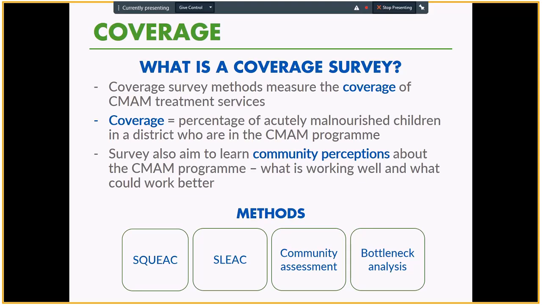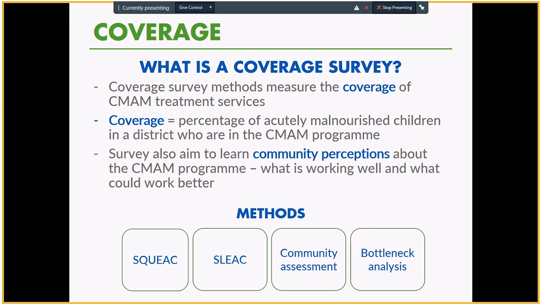So that's what we set out to do with these surveys. We're looking at what these preventative factors are. We're looking at community perceptions about the CMAN program, what's working well and what could work better. And in many cases, positive messages are coming through. People like the program, people like the product is visibly working on their children, and it's good information that's coming through. But in many cases, we encounter what we call barriers to treatment, or barriers to access. And we'll have a look at some of those barriers in context in a minute.